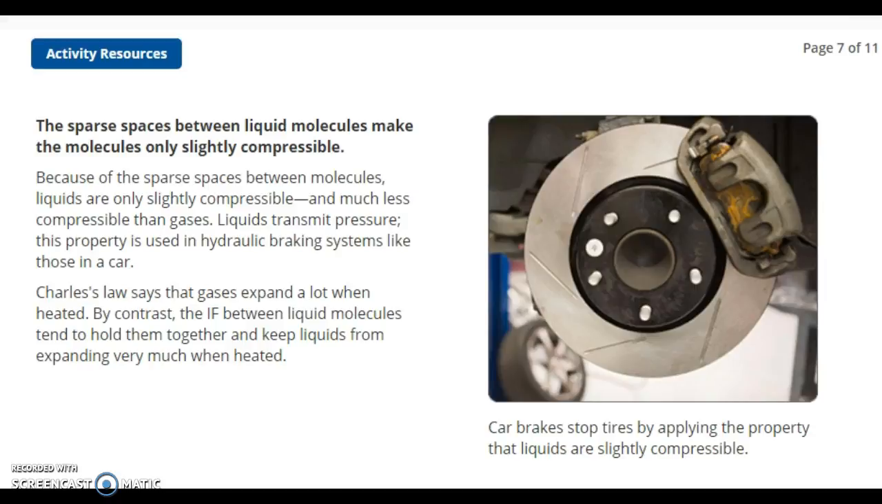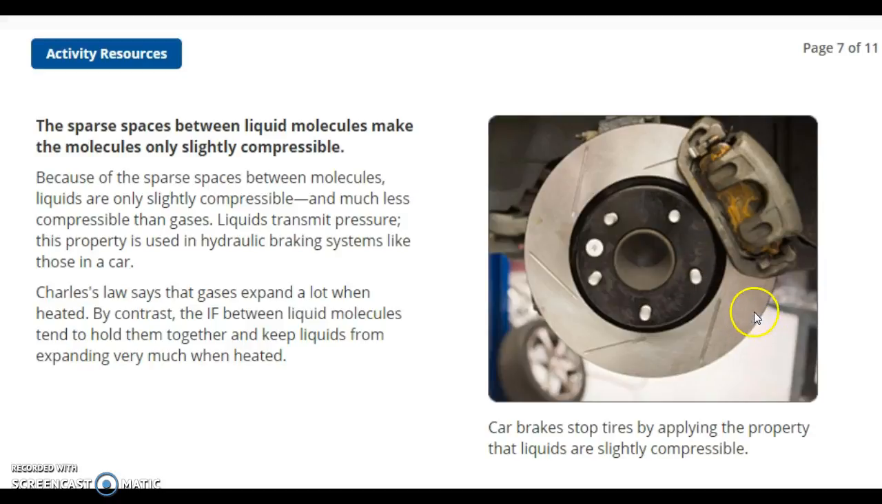Liquids transmit pressure. This is huge. This is the property that is used in hydraulic braking systems like those in a car. Have you ever thought about it? How you, little you, can stop a car going 75 miles an hour just by pressing gently with your foot? I mean, really? Think about it. It's because of the brake fluid. It's because of hydraulics. It's because the liquid is taking the pressure that you're applying and it's going through the lines, it's changing the size of the lines that the pressure is going through, and it exerts a huge force